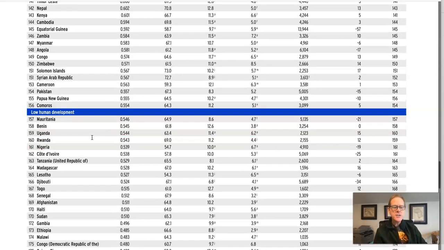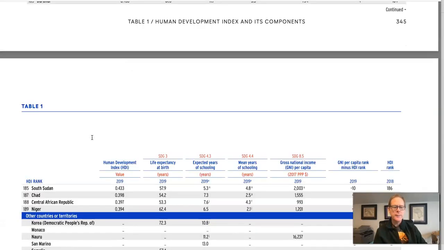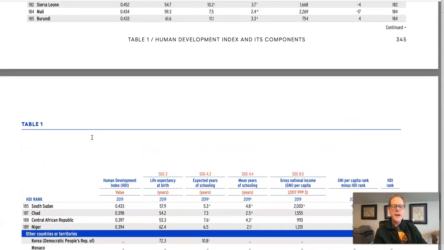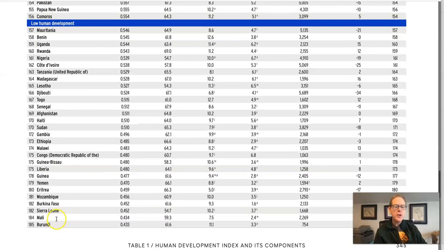All right, so let's start at the bottom of the list here. What is the bottom of the list? Right here, we have Niger, Central African Republic, Chad, South Sudan, Burundi, Mali, Sierra Leone, Burkina Faso, Mozambique, Eritrea, Yemen, Guinea, Liberia, Guinea-Bissau, Congo, Malawi, Ethiopia, Gambia, Sudan, Haiti, and Afghanistan. Okay,